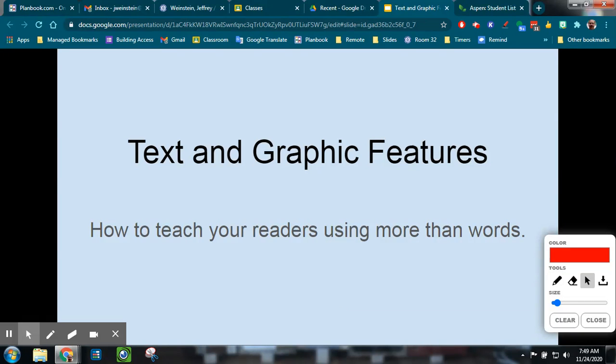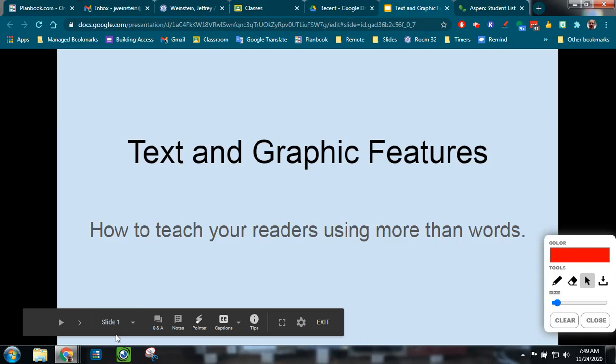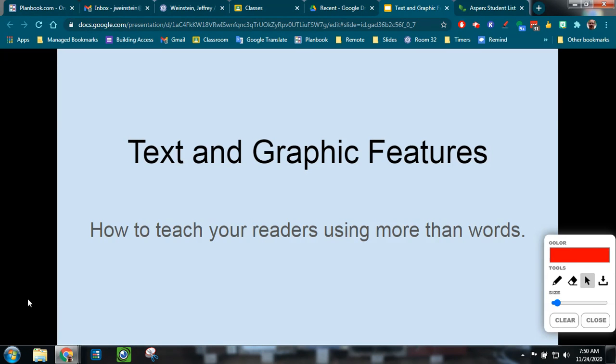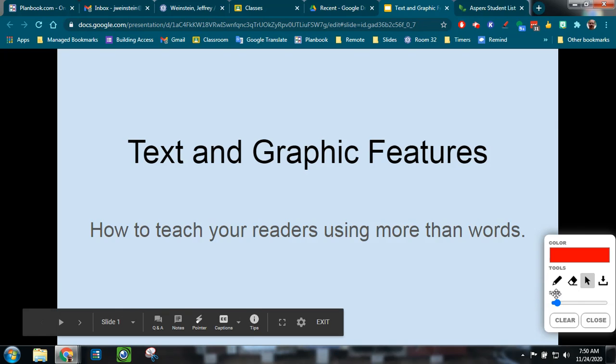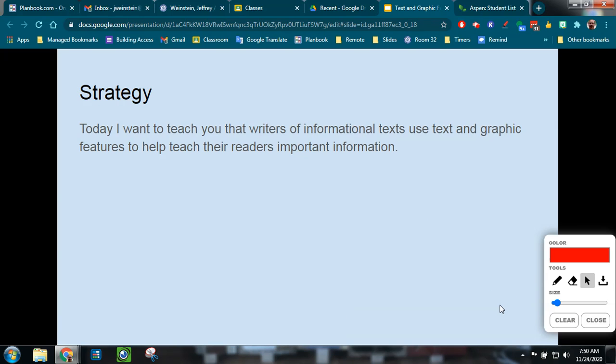Hello, writers. Today, I want to teach you about text and graphic features. We're going to be using text and graphic features to teach our readers using more than just the words in our informational texts. So today I want to teach you that writers of informational texts use text and graphic features to help teach